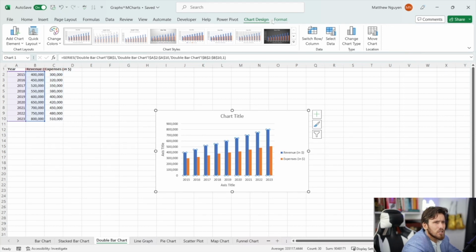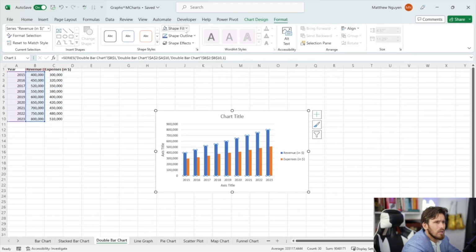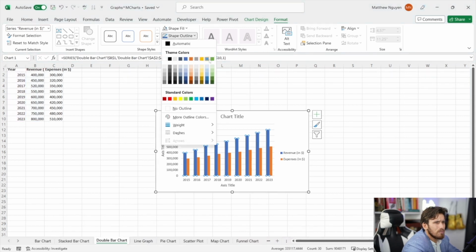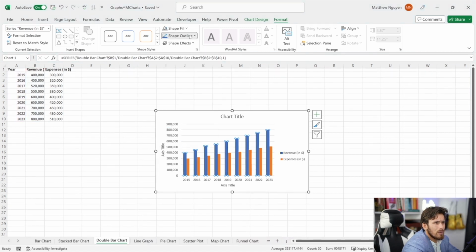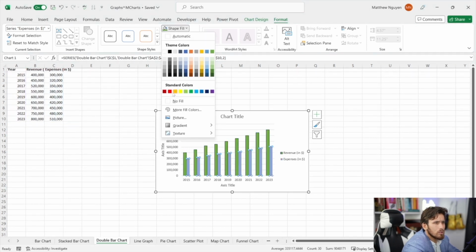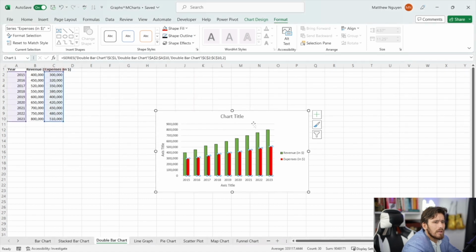And now let's maybe change this. So let's change this to green. Ooh, not the outline. Let's change the shape fill to green. And let's change our expenses to red. Okay, now we see our revenues and expenses. Let's change this to